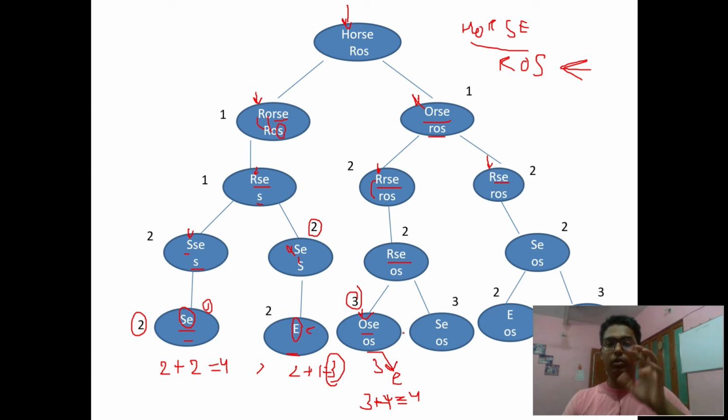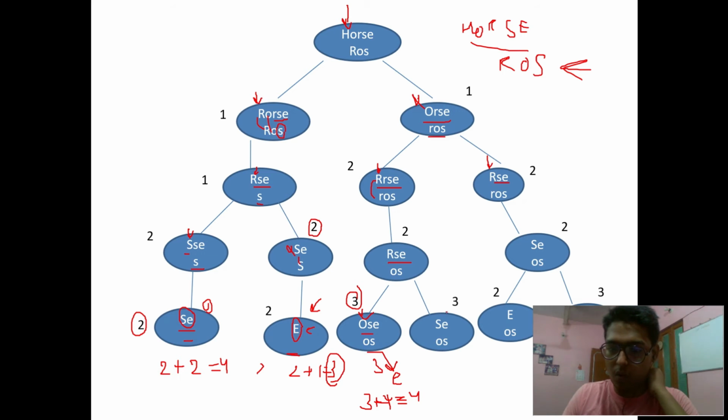I haven't shown it here in the tree because I have already found the minimum answer, so there was no need to. I think you have understood up till here, so there was no need to extend the tree and show you the larger and larger cases. That isn't optimal, right?